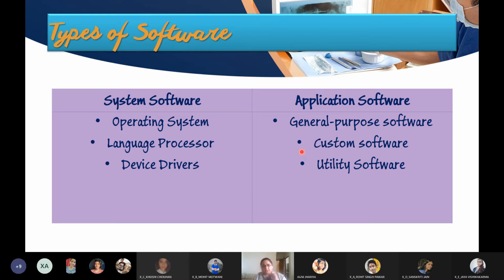And we also have utility software, that is software which is basically used for performing a certain type of task. For example, you want to free up some disk space, so you get a software for that, right? You want a task scheduling app, that is a utility software. You need a malware removal tool, that is a utility software. So there are softwares which provide you with small concentrated tasks, and they are known as utility software. So these are the different application software which are available.